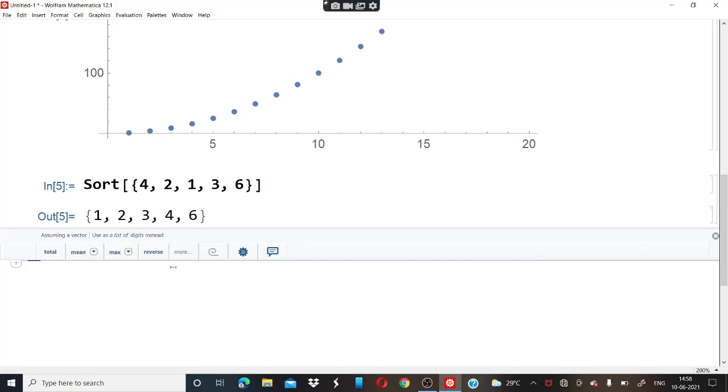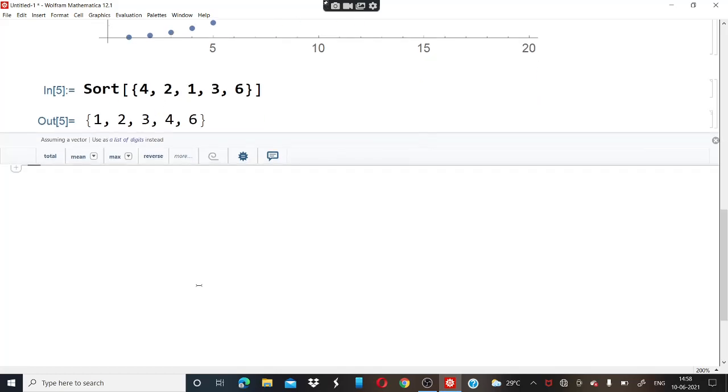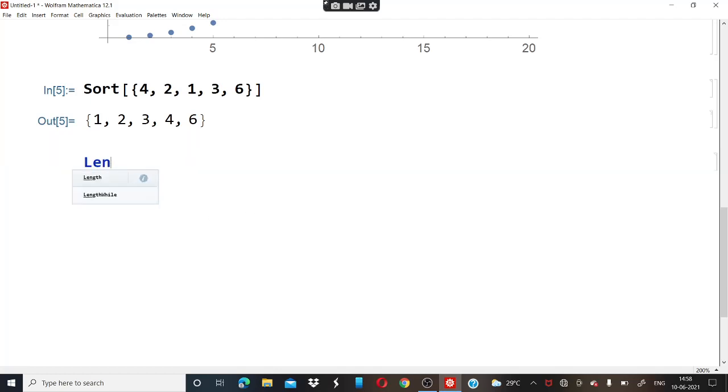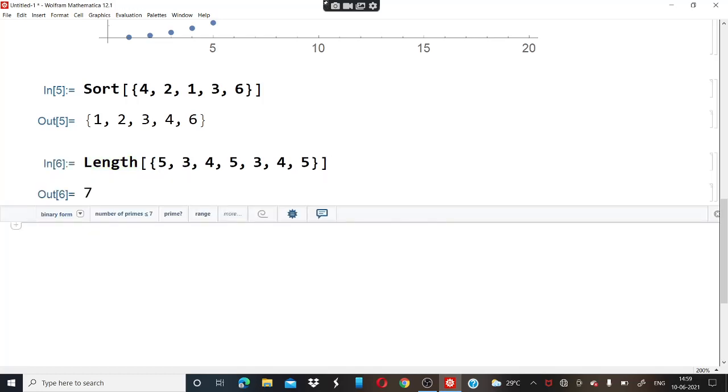Now find how long a list is. So what's that? It is another, different function. Let's calculate first and then we will realize what this function is doing. So first of all, for getting this length, we will write length. Then we will use both brackets. Then we will write 5 comma 3 as the input is already given. Okay. Then Shift and Enter. Now it is giving us the result as 7.